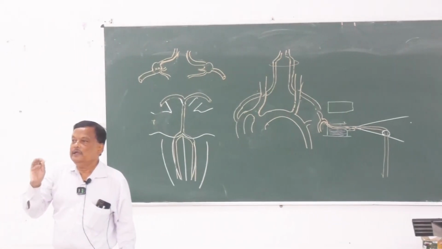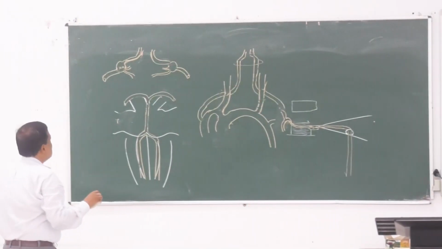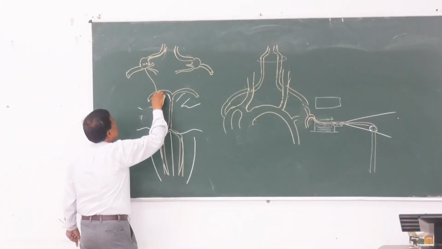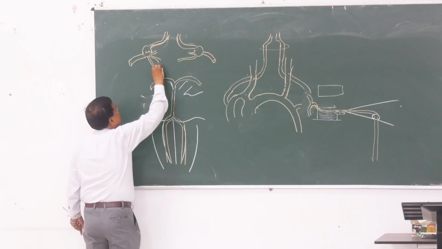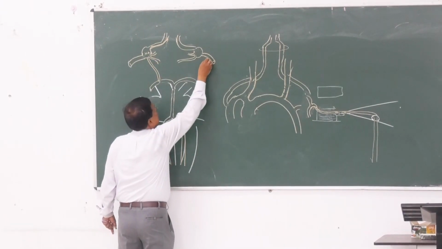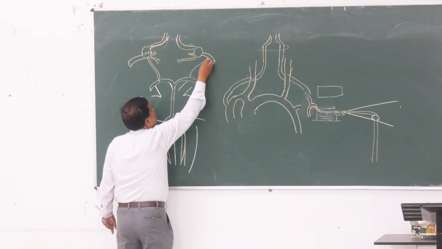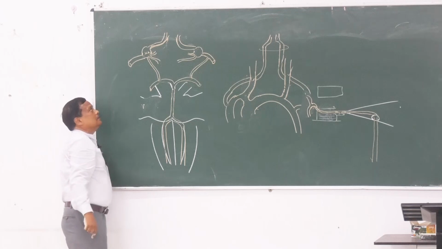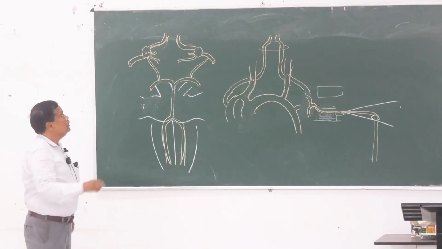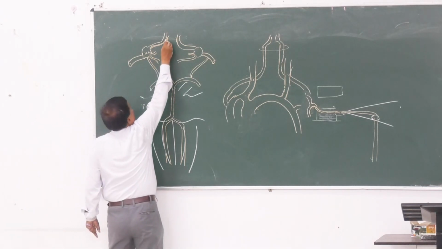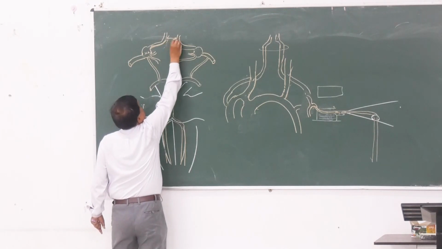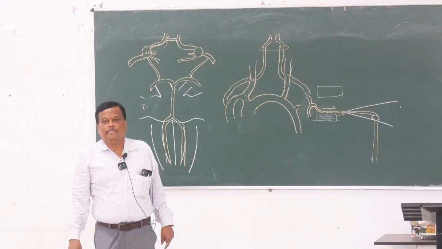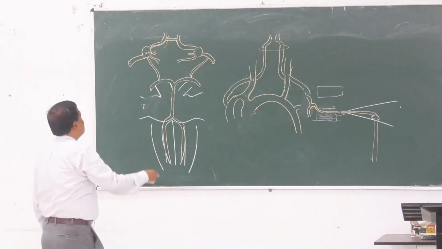Last but not the least, it gives a branch known as the posterior communicating artery. It communicates or joins with the posterior cerebral artery, and the two anterior cerebral arteries also join together as the anterior communicating artery. So, it completes a circle